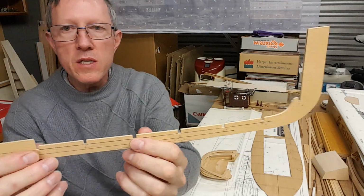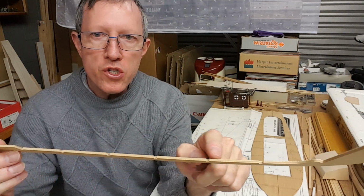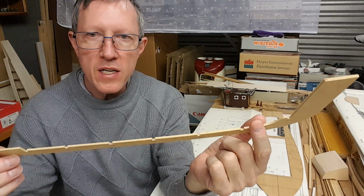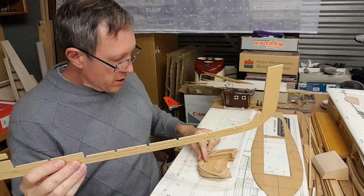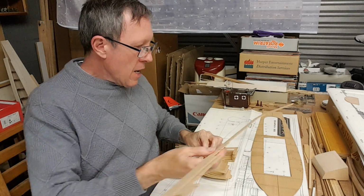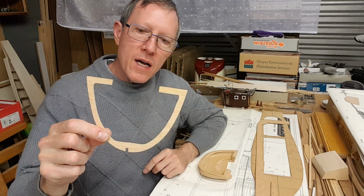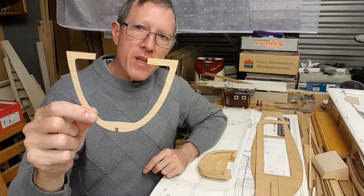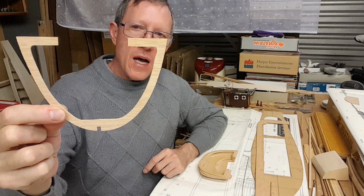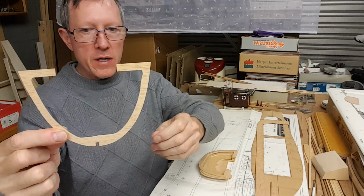So what that means is that a small shim piece of wood will need to be glued on both sides of here to make it fit snugly. Now, one would need to be sure that that was cut dead center, and I'm not sure that it was. And the reason I say that is